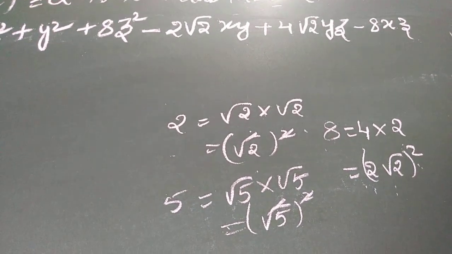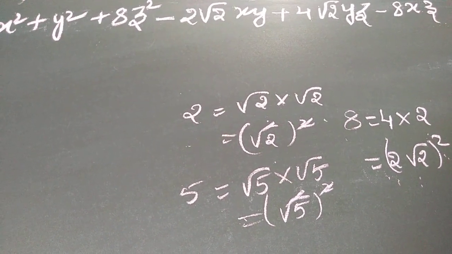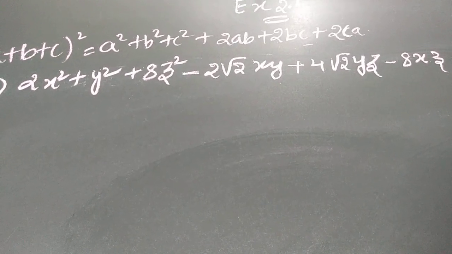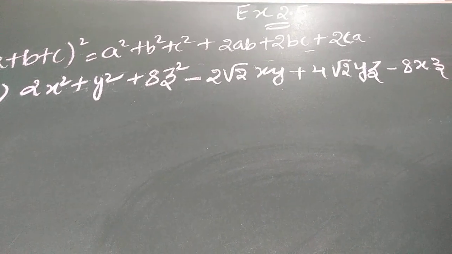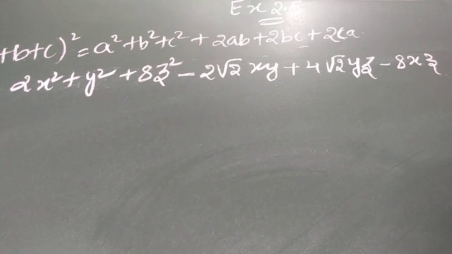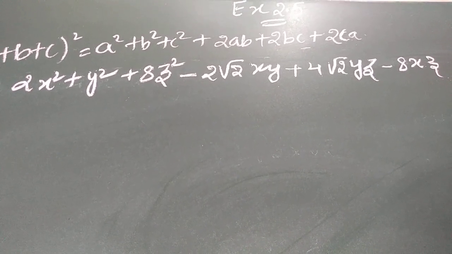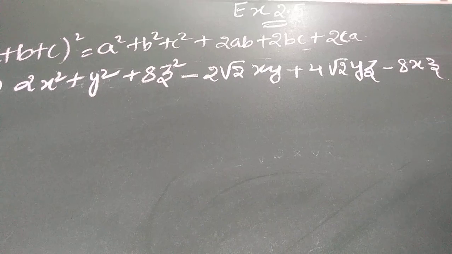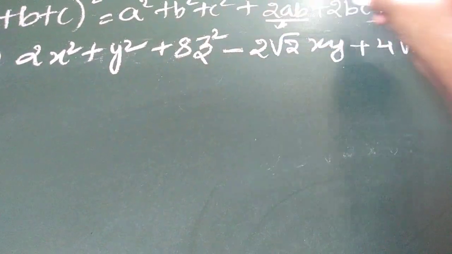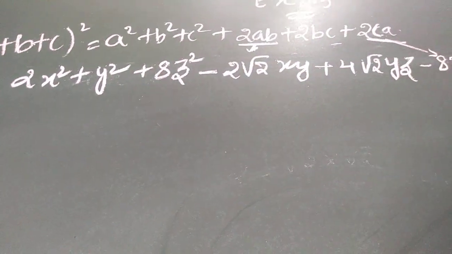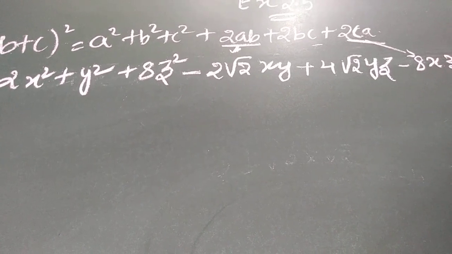Okay children, let us start the sum now. Did you understand now how to write a 2 as a perfect square? So many children might have noticed on observing the question only, that is 2ab is negative and 2ca is negative. Can anyone say me which will be the negative variable now? Yes children, you are right. a is common in both 2ab and 2ca. That is this term and this term. Both are negative. Can you observe here? So in these two terms, now both terms a is common. Hence a will be negative children now.